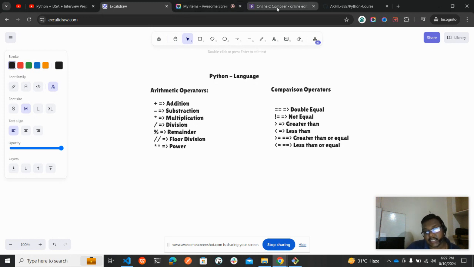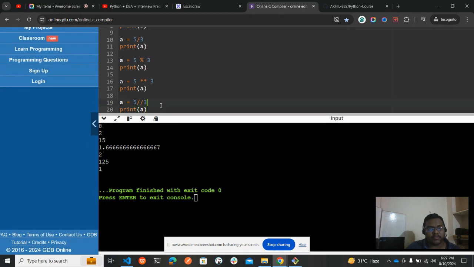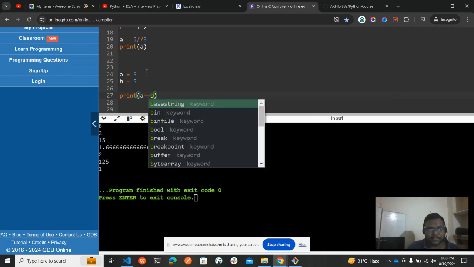So let us see these examples also. First one is the equal to symbol. For example, if a is equal to 5 and b is equal to 5, we need to check whether these two are equal or not. So print of a double equal to b. It will be checking whether a